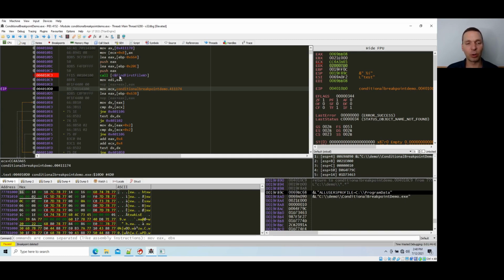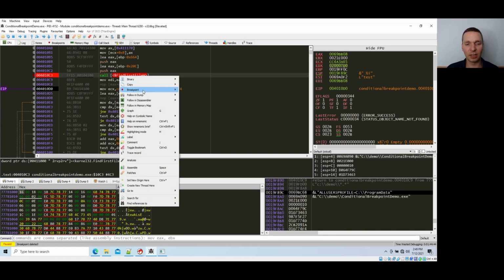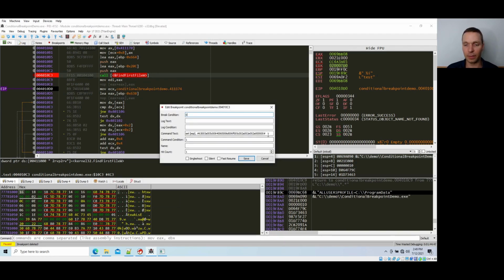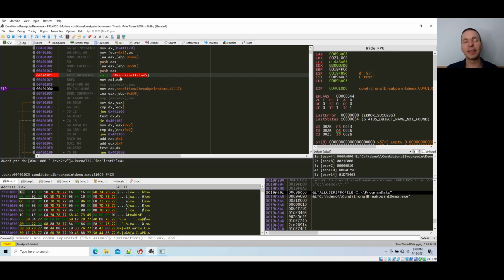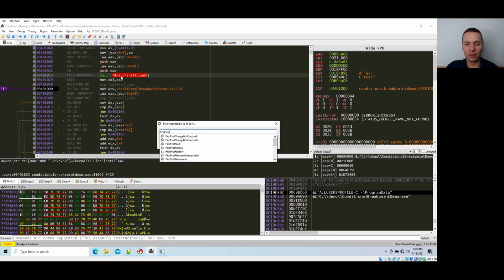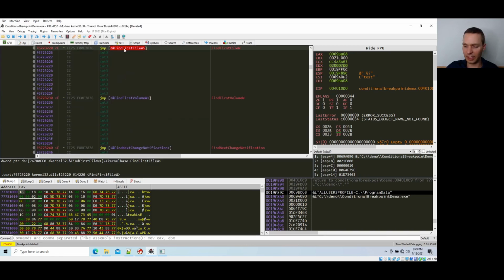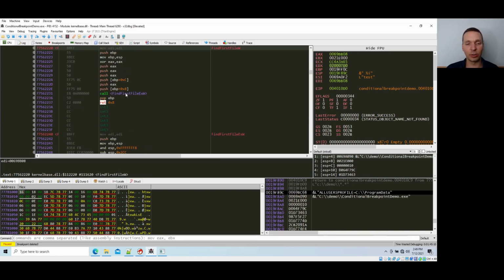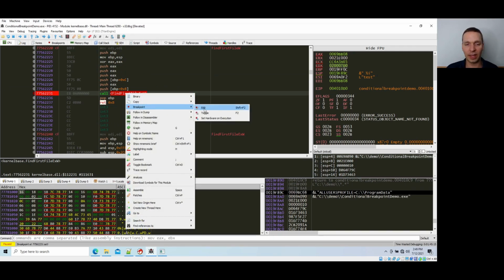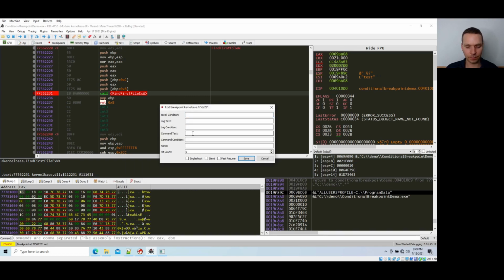We can do it on this breakpoint here. Let me go ahead, right click, breakpoint, edit, and copy this argument out. So let's say this happens this first time, but let's say there were a couple functions that were going to perform this functionality. I don't want to put it on every function, so I'll take the breakpoint off here, and I'm going to hit Control G and go to FindFirstFileW, and then I'll select it, hit enter, and I can do the same thing in the library code. I select the call, hit F2, do my breakpoints, right click, edit, and in my command text, I'll paste that in,